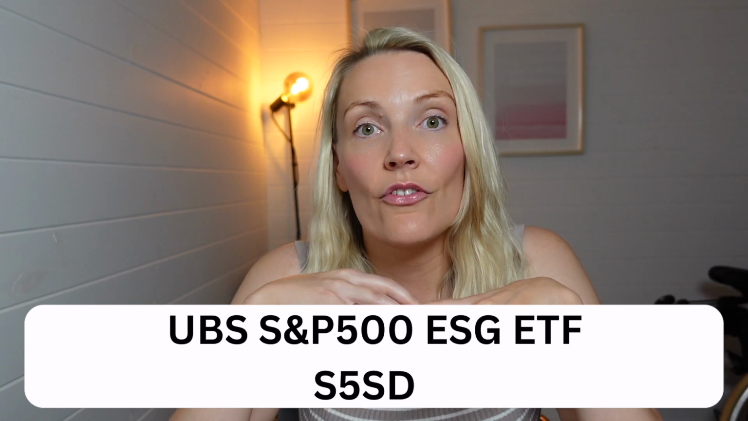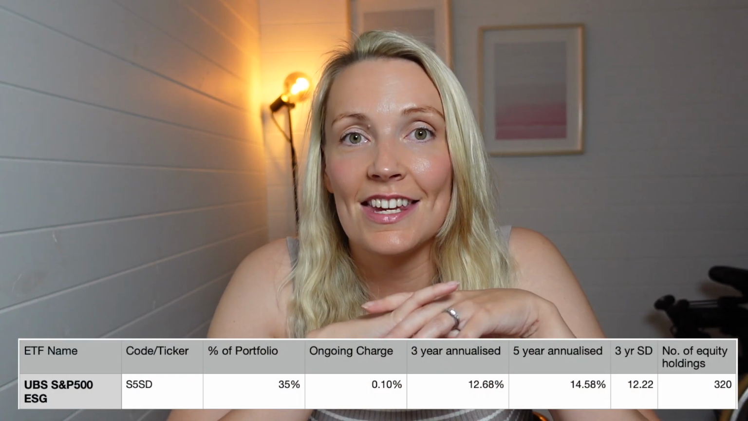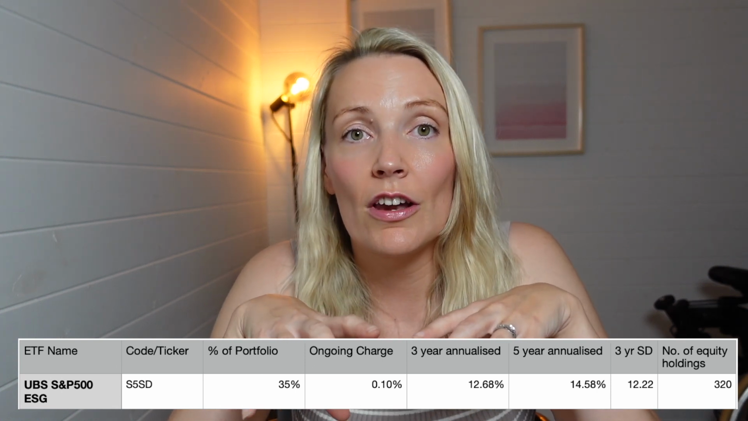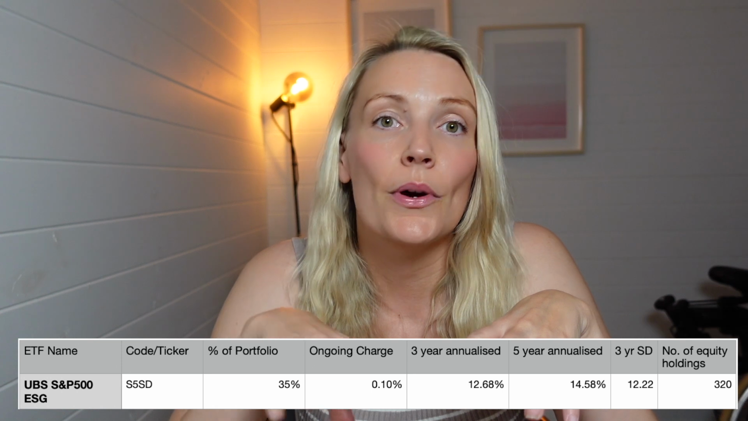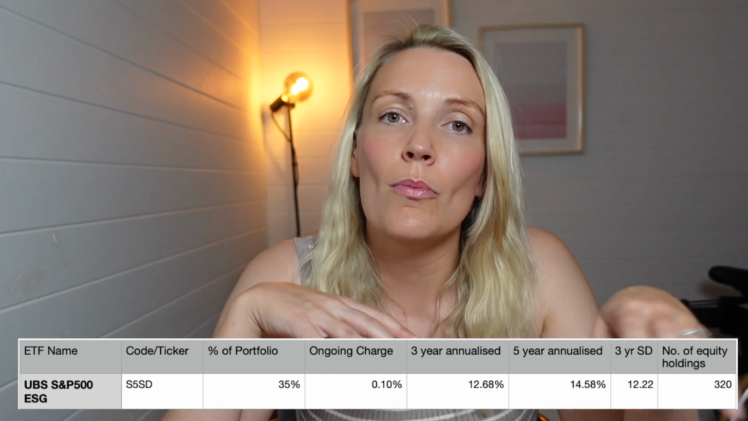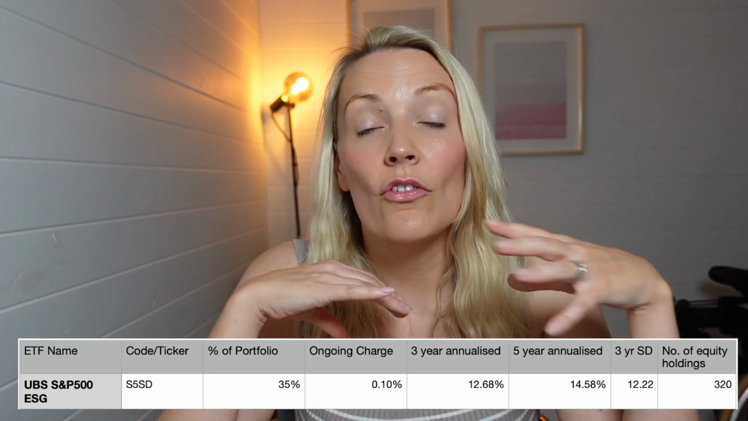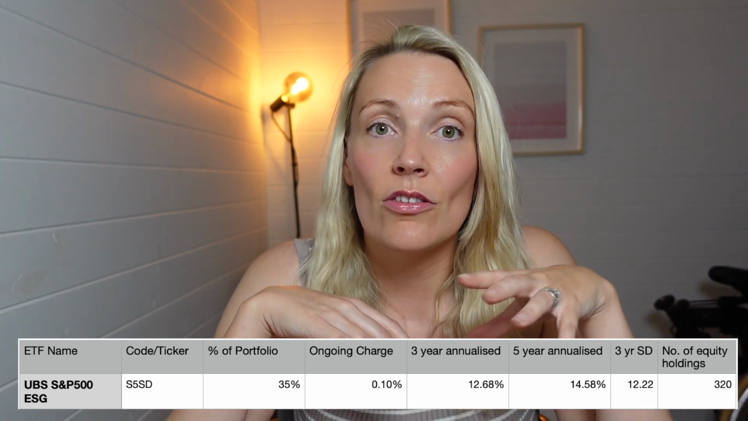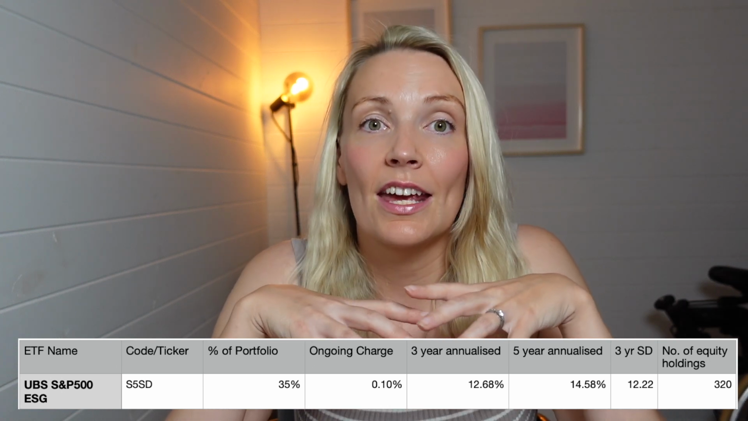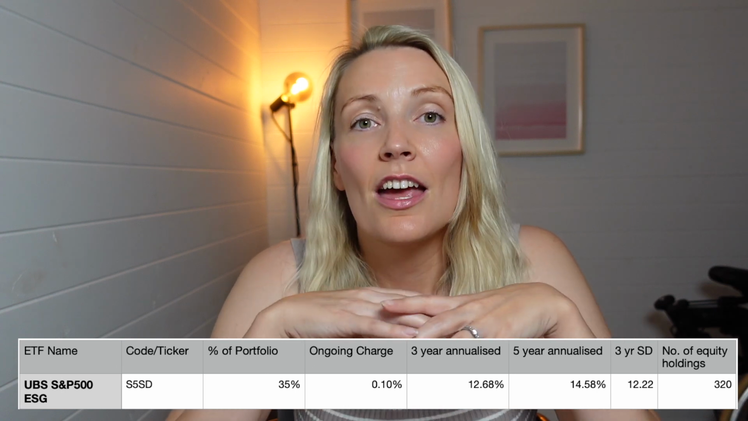So instead of getting 500 different stocks, you're getting 320 different stocks in this ETF. But obviously, if you are looking to build your own investment portfolio, you could decide to keep it nice and simple and simply go with an S&P 500 ETF, because you've got so many years of historic results that you can take a look at. Obviously, historic results and past performance is not indicative of future performance, but I always think it's very interesting to take a look at it